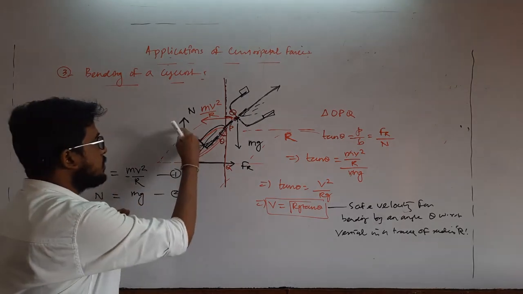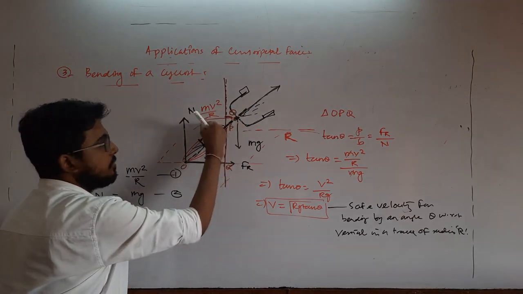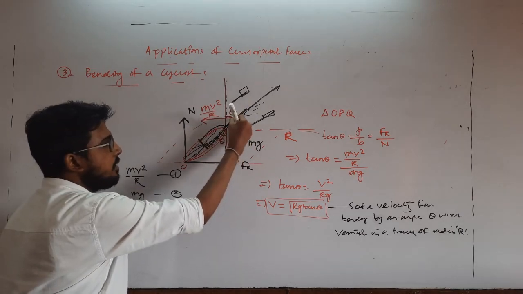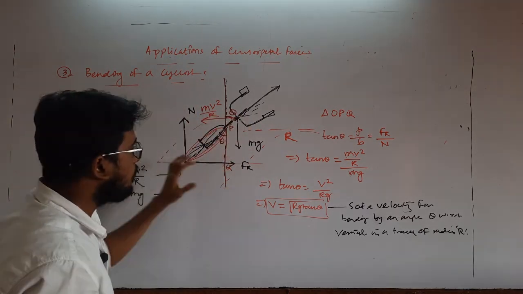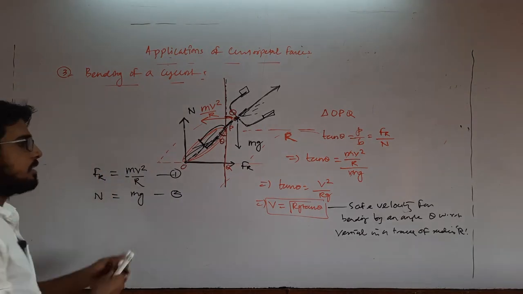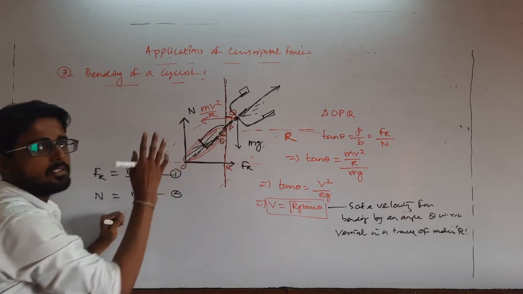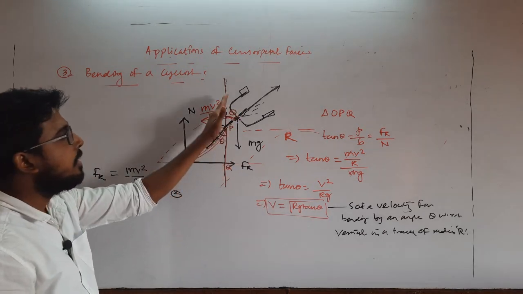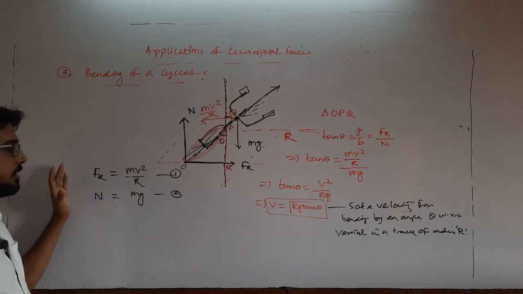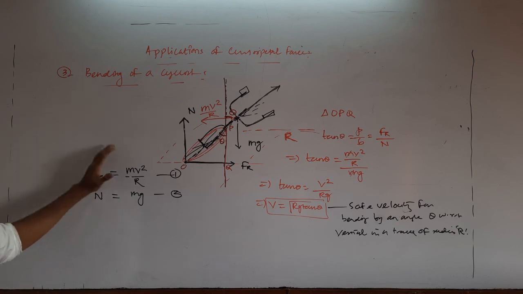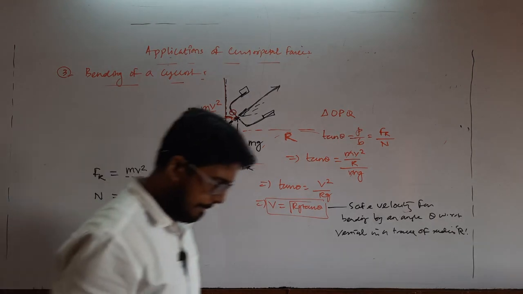Okay, so as the resultant of both the frictional force and normal force passes through this point, and the centrifugal force and weight also pass through this point, the net torque about this point is also 0. That's why the complete system is in equilibrium, and this is the maximum possible safe speed with which the cyclist can take the circular turn of radius r if the cyclist can incline up to an angle theta with respect to vertical. Clear? So this is the condition of bending of the cyclist, where the safe velocity will be this much for the bending theta.